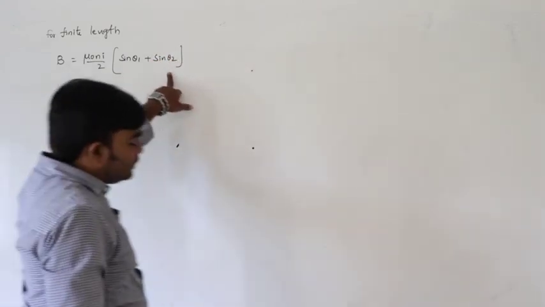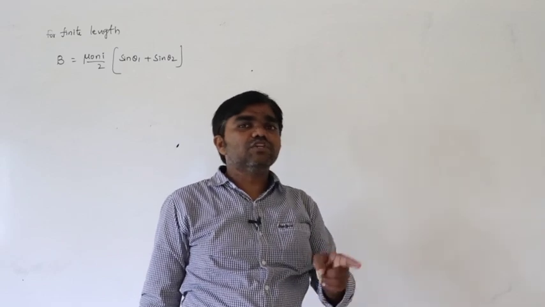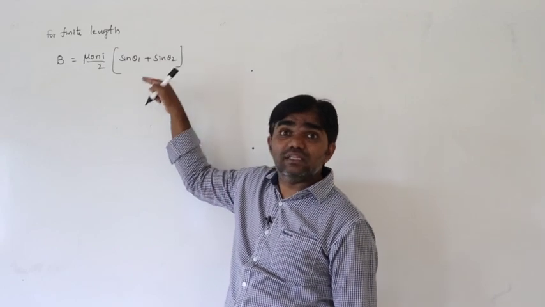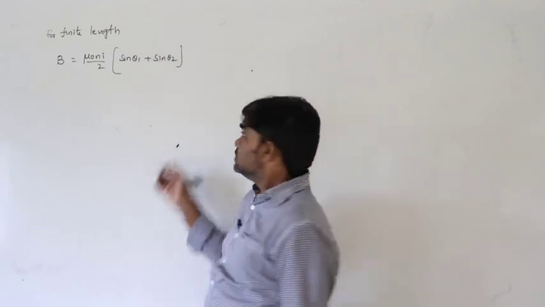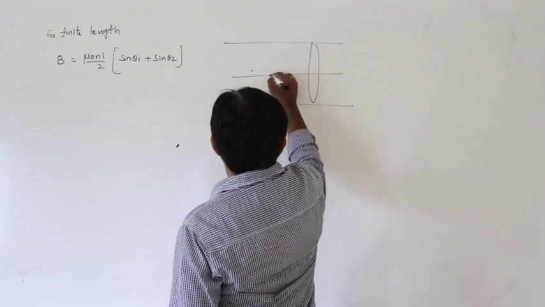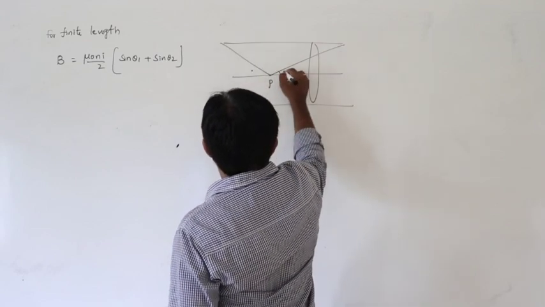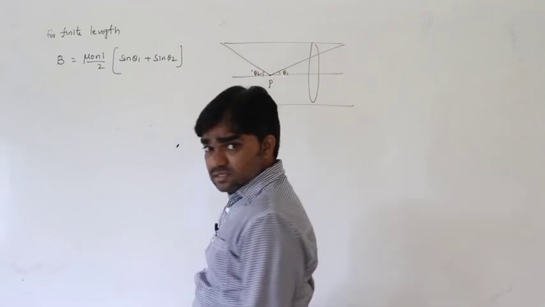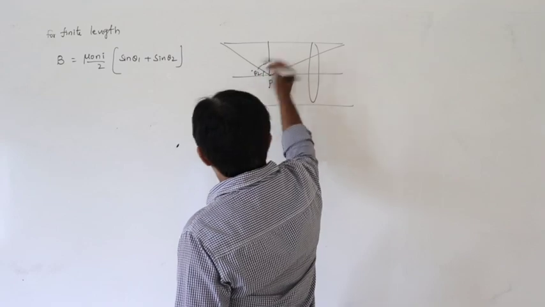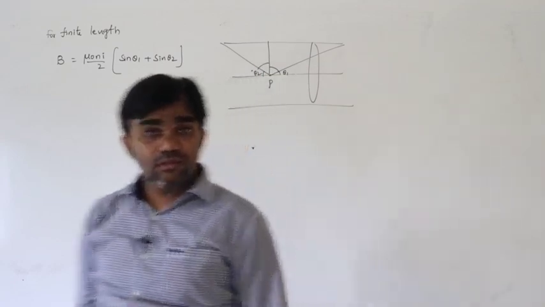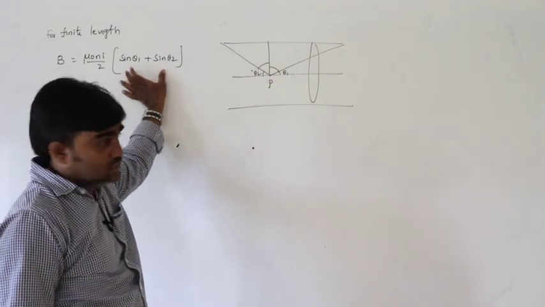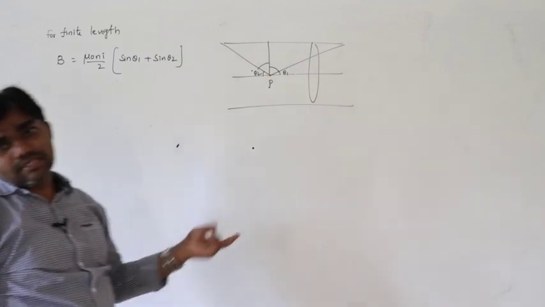So what are theta 1 and theta 2? Theta 1 and theta 2 are the angles measured with the vertical. And if these are cos thetas, then the thetas are the angles measured with the horizontal. See here, this is the situation, it's a point P. If the angles are measured like this, theta 1 and theta 2, then those are cos thetas. In this situation, if the angles are measured with the vertical like this, those are sin thetas. If the angle is measured with the horizontal, then we must write cos thetas. If the angles are measured with the vertical, then we can write sin thetas.